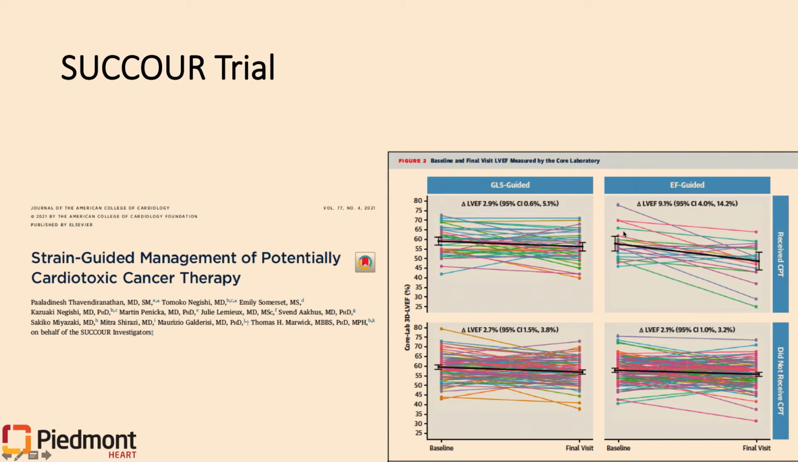And what they found was that patients who were in the EF-guided arm had a more significant reduction in EF at the end of their follow-up of 1 year despite receiving cardioprotective therapy, while the GLS-guided arm had slightly less than 3% reduction in EF. And so this suggests that earlier detection of LV systolic dysfunction and potentially starting therapy earlier can improve cardiac outcomes. We will need more data and more trials, and I think those will be coming, but this is very promising that strain can be used as a surveillance tool in chemotherapy